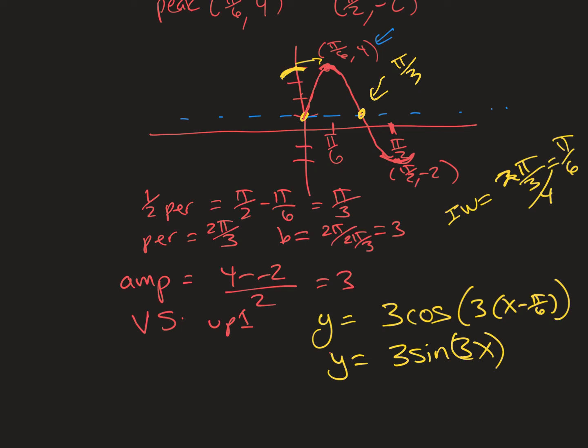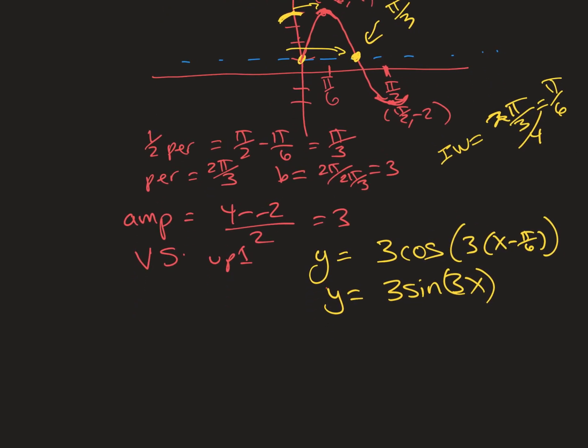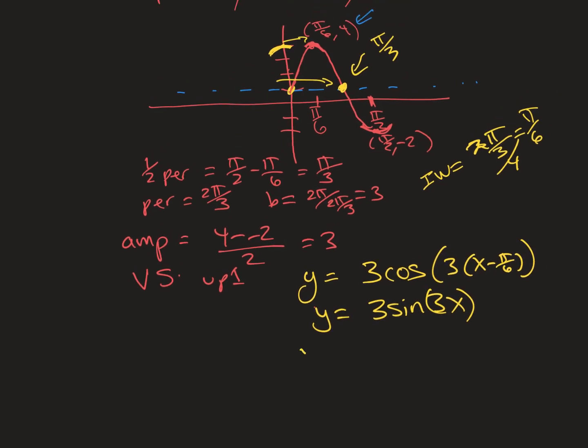So I could have talked about a shift to the right pi over 3, but notice if you're going to use that as your phase shift, the sine graph after pi over 3 goes down. So you would have to have a negative in front of the amplitude. And you certainly could do that. So you would say y equals